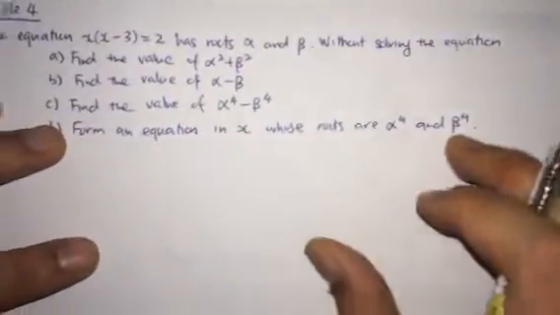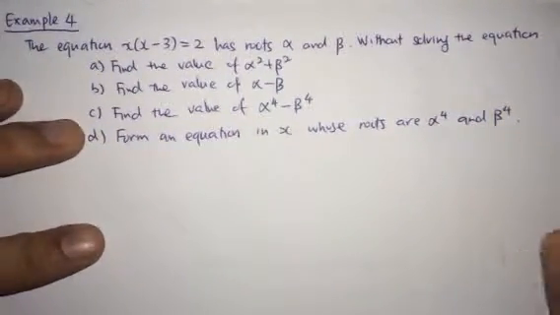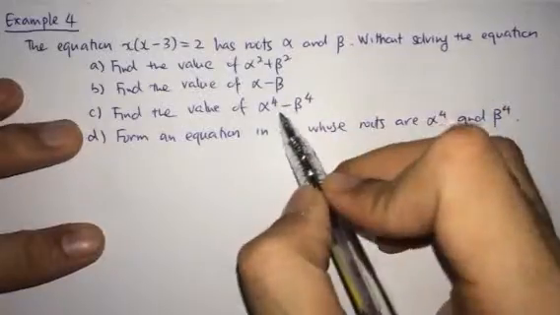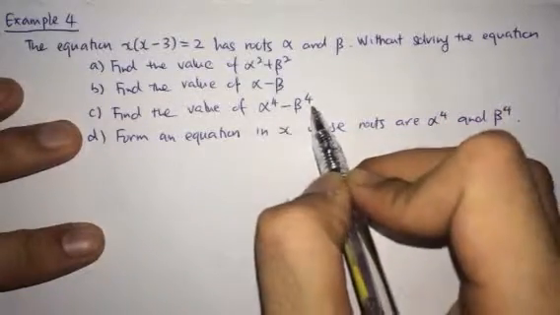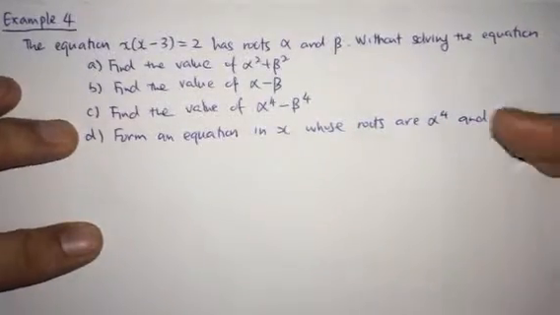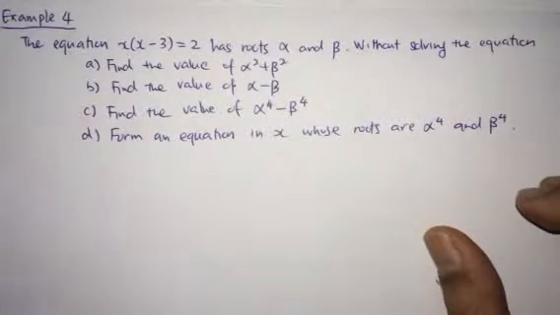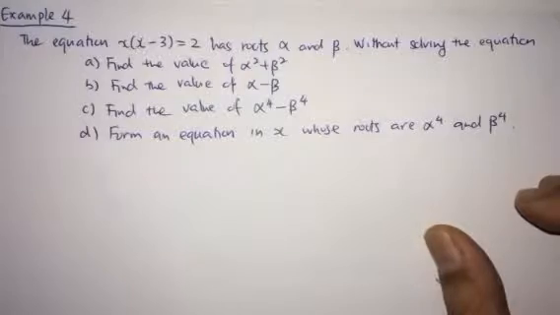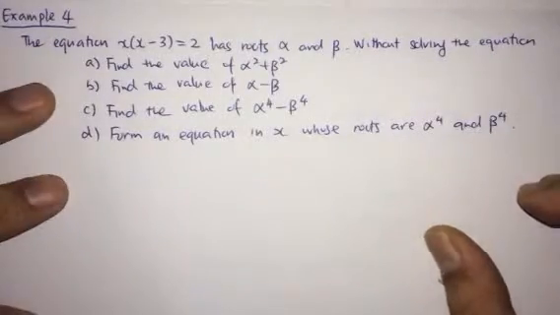In example 4, we are looking at a bit more complicated expression. You can see that we are finding alpha 4 and beta 4 here instead of 3. So this actually illustrates the techniques for how you're going to further find alpha 5 minus beta 5. Of course, most likely you won't see them.